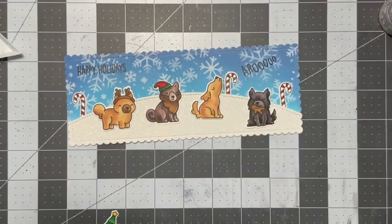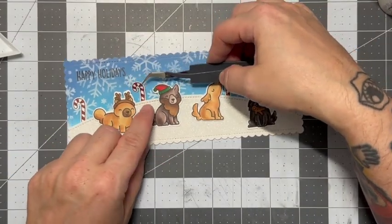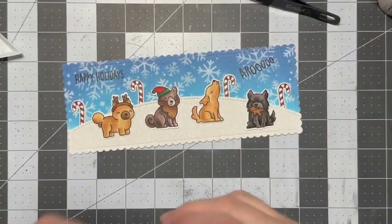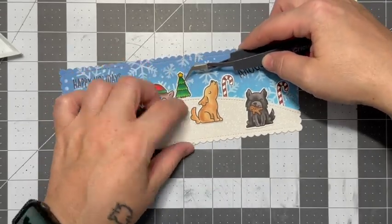So, yeah, I don't know. I was kind of keen to get on using this new stamp set because I hadn't really taken it out of the package yet, and truth be told, I hadn't even cut the dies yet. And I thought this would be a good opportunity to use the stamp set because if you haven't watched my previous video,